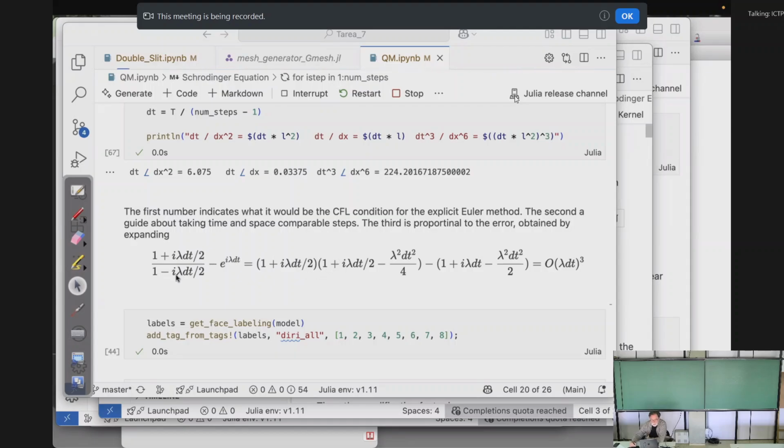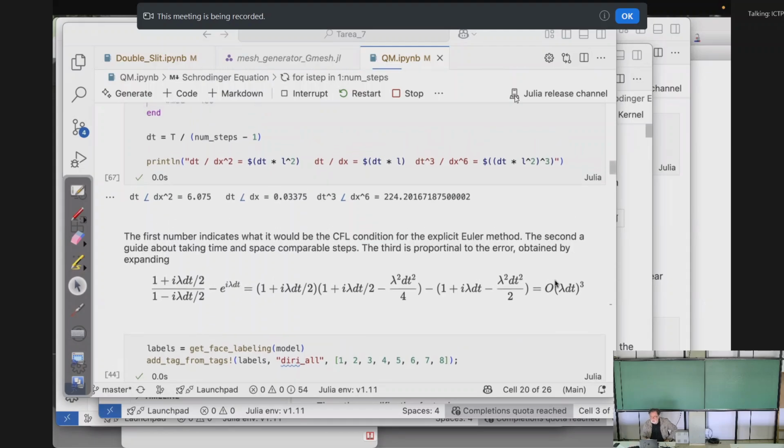This is the upper part, and this one will be with a plus sign here and a minus here, while the Taylor expansion of this will be this exponent, and you see that they cancel. These cancel with this to this order, and so the error is order lambda times dt. So how bad are we doing is